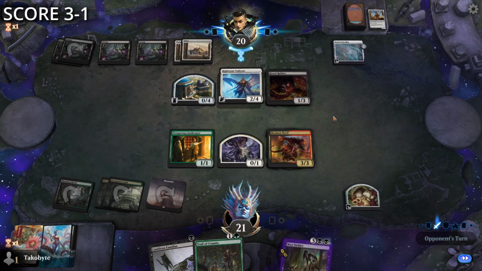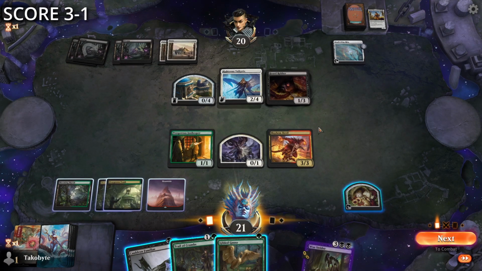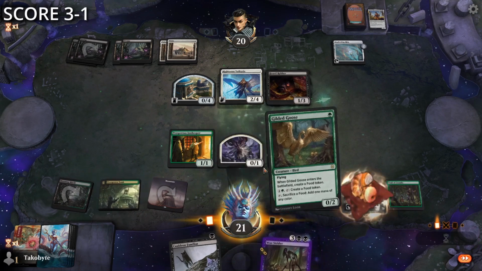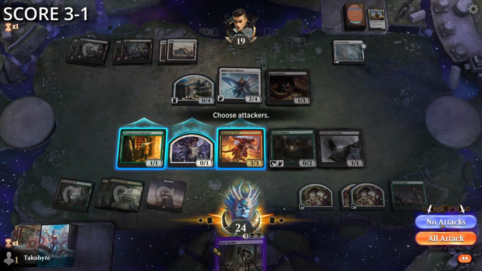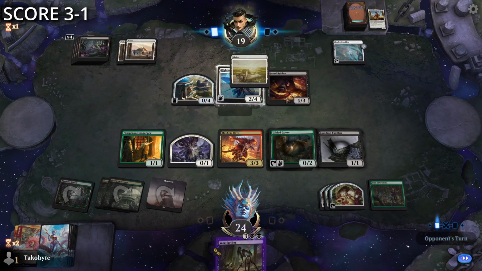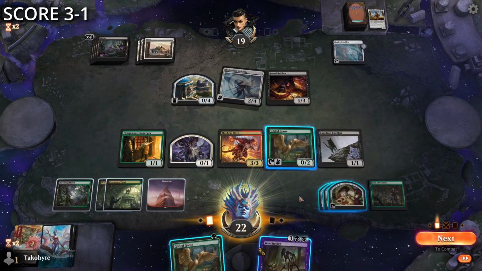What is it supposed to be? If it has 8 or more night counters, remove all of them, create 8 colorless snow artifact tokens named Replicated Ring. I see. I see. What does this card do? When it deals damage, I see. Well, at least,